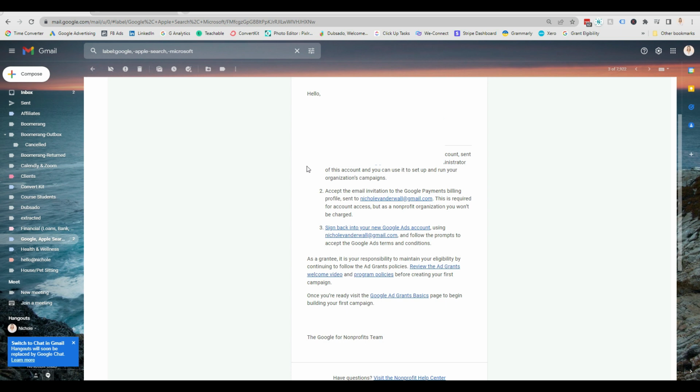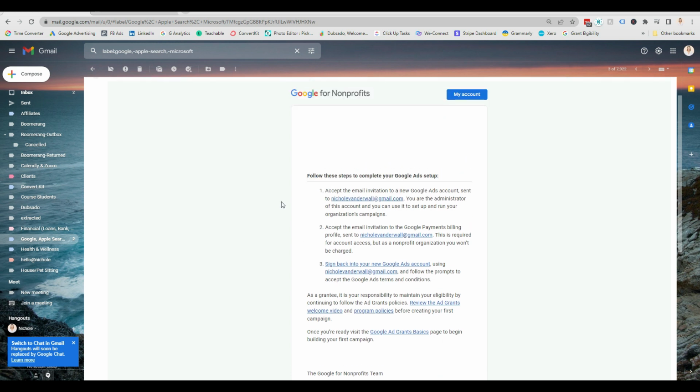Number 1, accept the email invitation for the administrator. 2, accept the email invitation for the Google payments. And then 3rd, go ahead and sign back into your new Google Ads account and follow the prompts to accept the Google Ads terms and conditions. So keeping those in mind, let's go back to my email